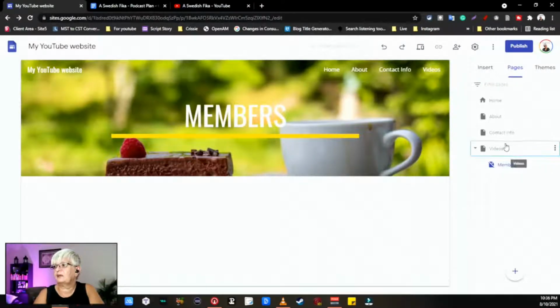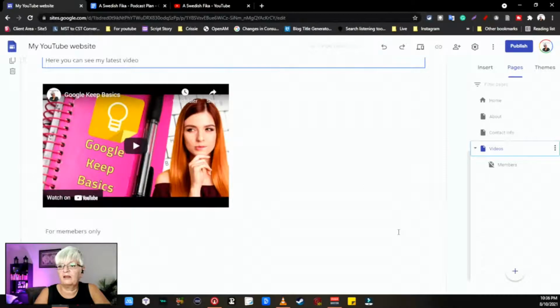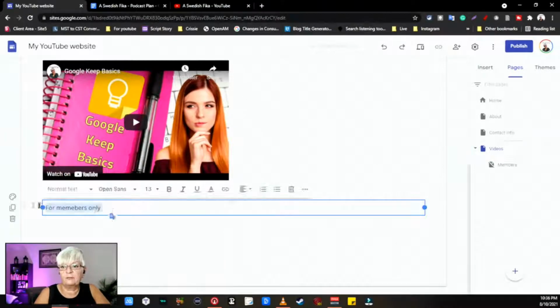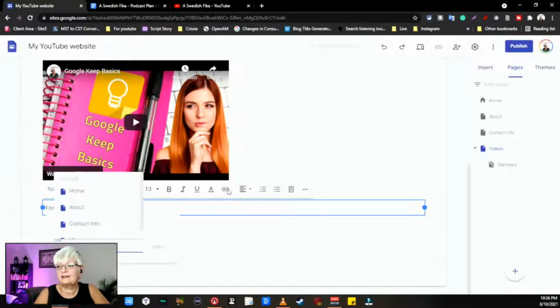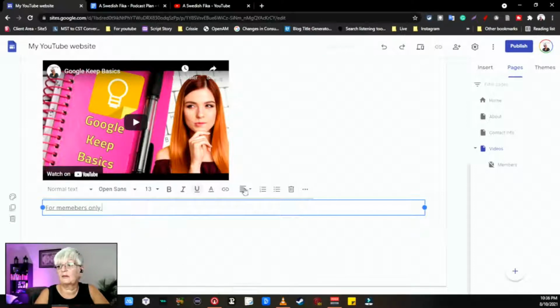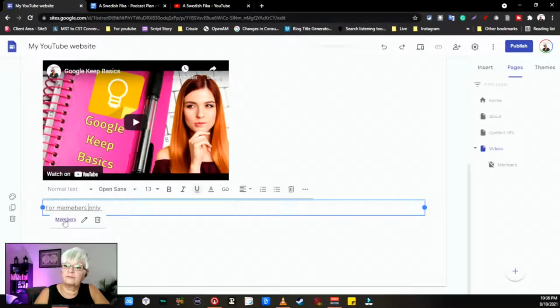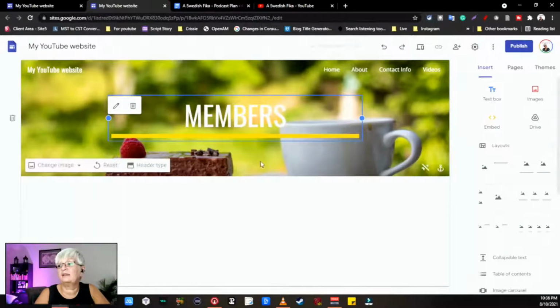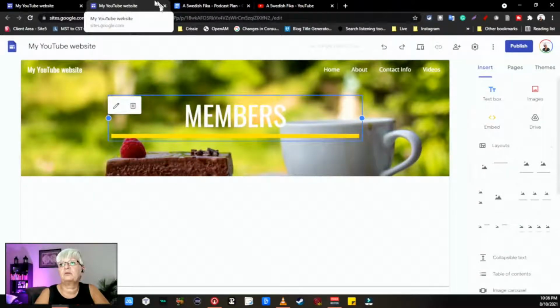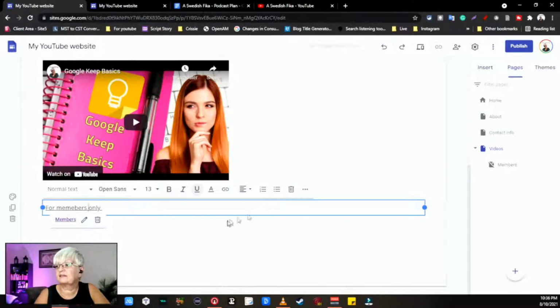So let's go back to this page. And when I have for members only here, I highlight that and I'm going to link that to my members page. Apply. So if I click there, it will open in a new tab for members. And I can even set it so it is